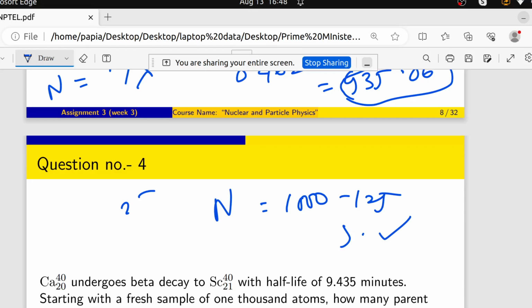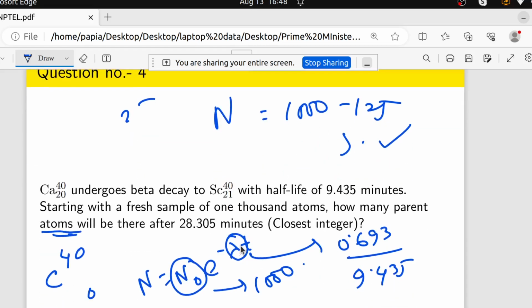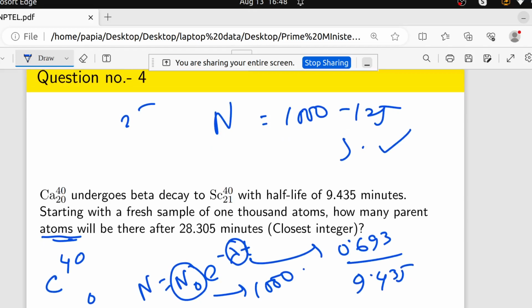How many parent atoms will be there after 28.305 minutes? Here also the same thing, N0 e to the power minus lambda t. N0 is 1000, and lambda can be taken as 0.693 divided by 9.435. I have calculated these values. If I just put the lambda value here, and t is